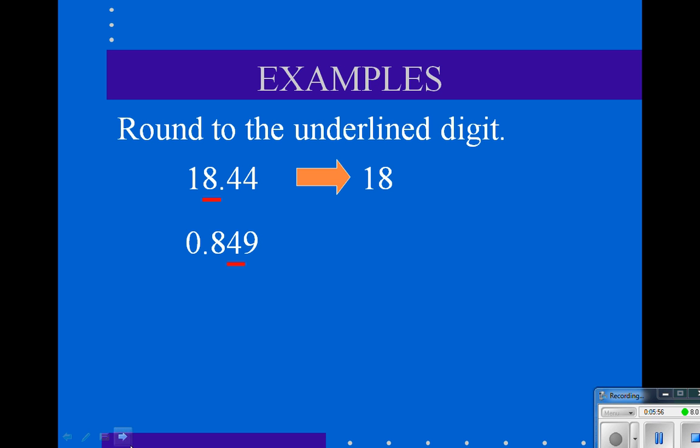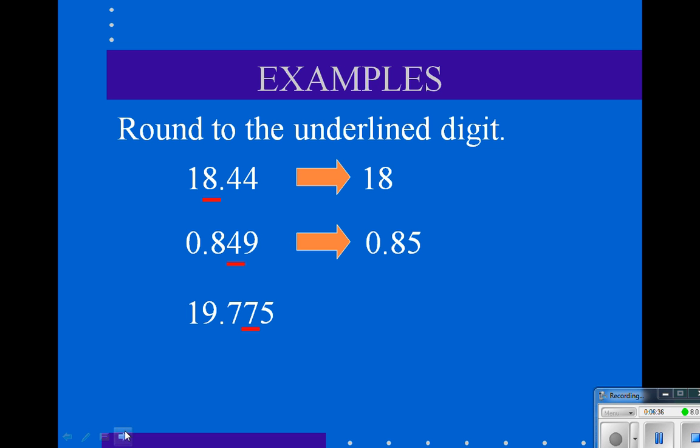We're going to round the underlined digit. 8 is the underlined digit. Look at the 4. 4 says we just ignore everything to the right and it becomes 18. Let's look at the second problem. 0 and 849 thousandths. 4 is in the hundredth spot. We're going to look at the neighbor 9. 9 will make the 4 become a 5 because we will add one more. So the problem will now be